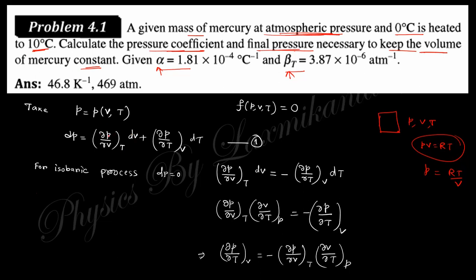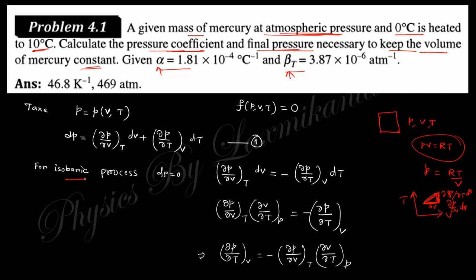That means the pressure varies along the axes. If you take this as V and this as T, you can change along that direction. This is the pressure variation with respect to volume, and this is dV, and this one is del P del T, and this is dT. So from this change plus this change you will get the total change. So dP can be written like that.